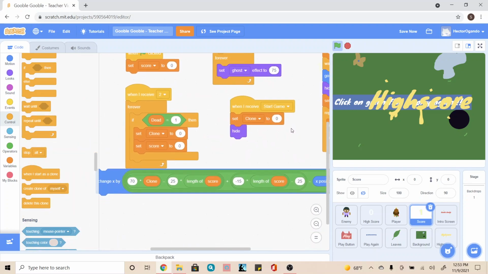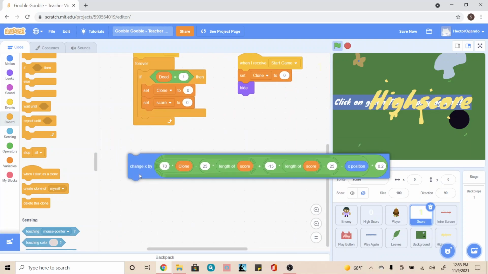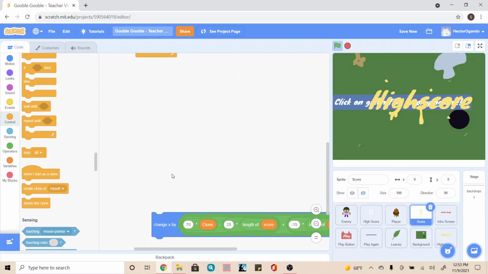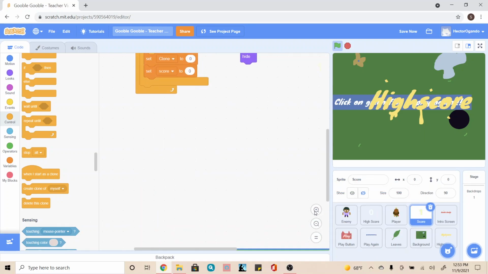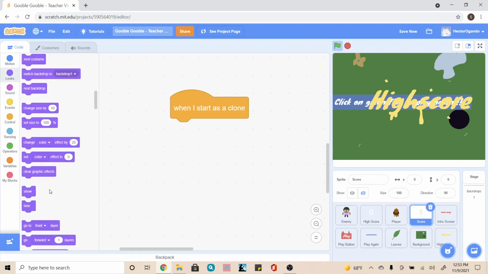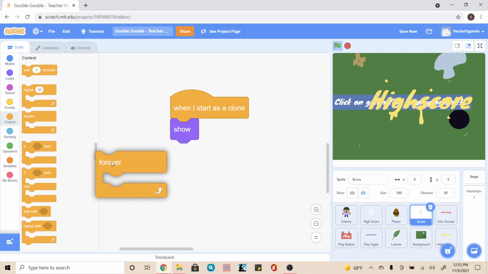Okay. So now we're going to make the next code that's going to have this big block. So I'm just going to go ahead and move this a little bit low, just so that it's not in the way for right now. And on the empty space that we have, we're going to start with inside of control. When I start as a clone, we're going to go into looks, and we're going to show. Then we're going to go inside of control again, and we're going to forever